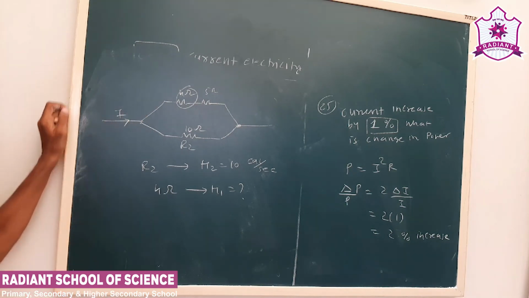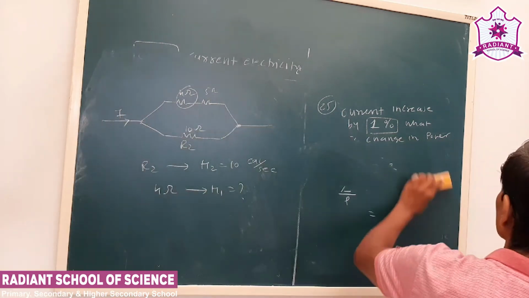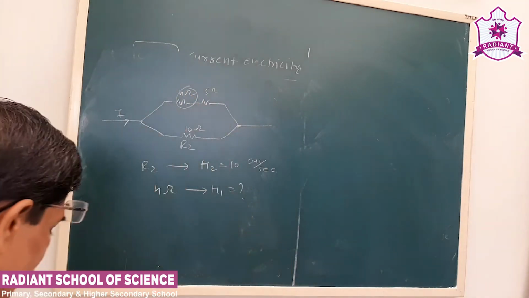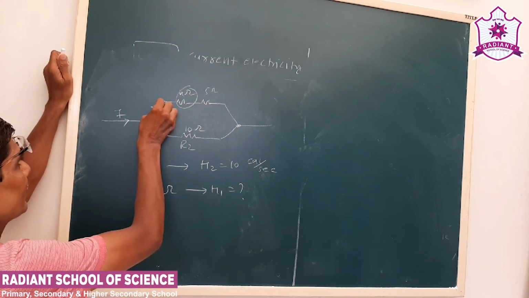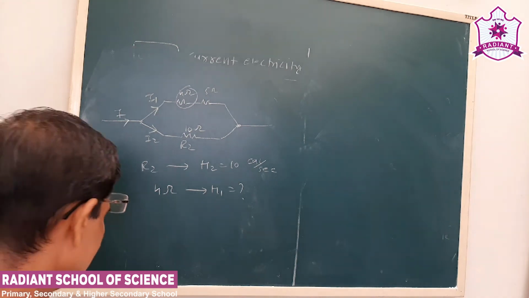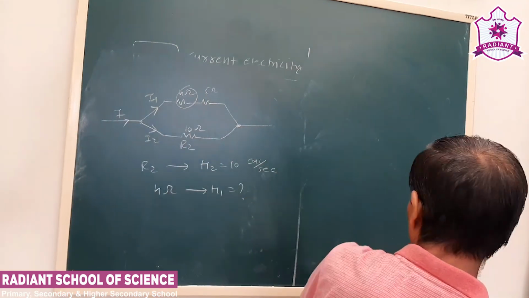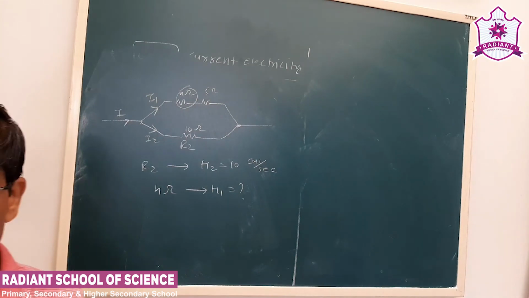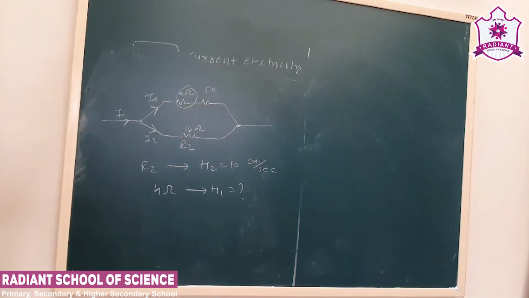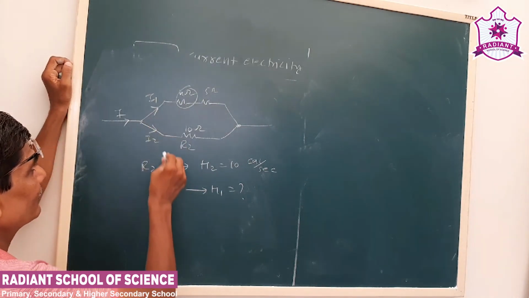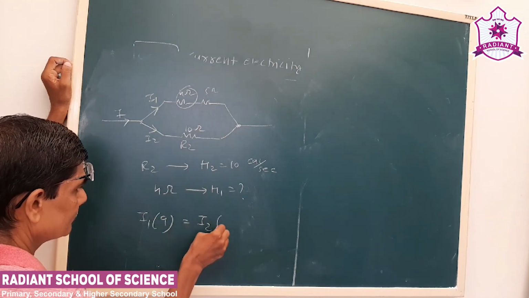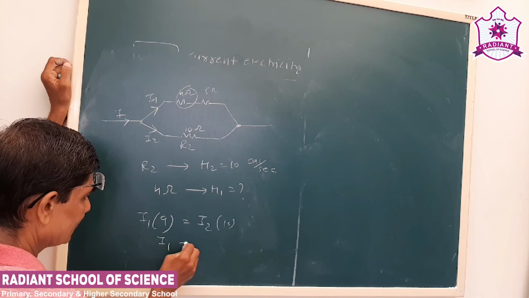Now see, here current is I. Here this combination is such that this 4 ohm and 10 ohm are connected in parallel. So current is divided in the parallel, that we have seen here, I1. Now we have seen that in parallel connection of the resistors, voltage remains same, current is divided. So V is equal to I1 R1, that is I1, what is total resistance? 9, I2 10. So I1 is 10 upon 9.